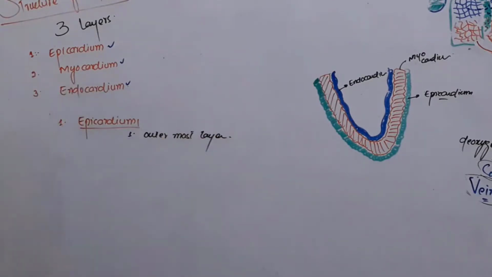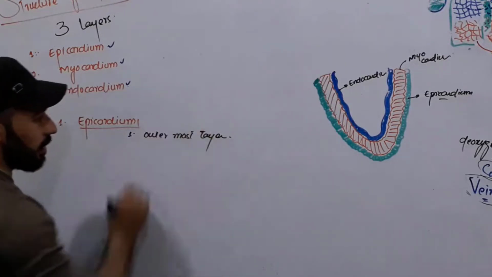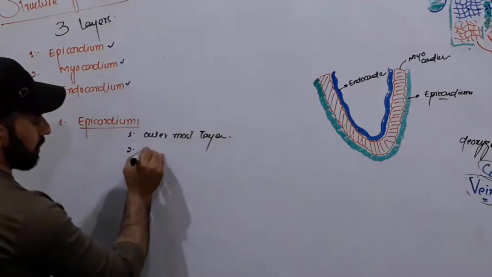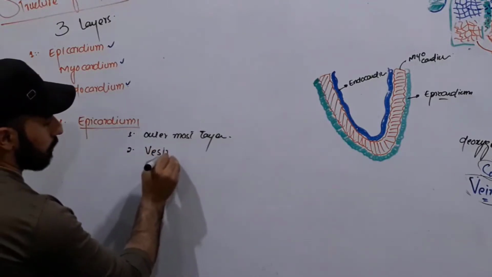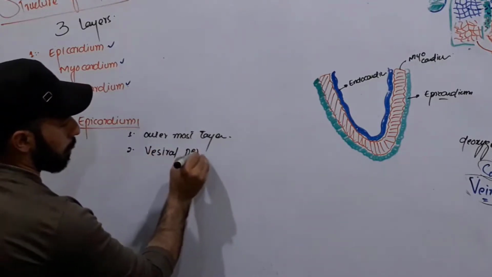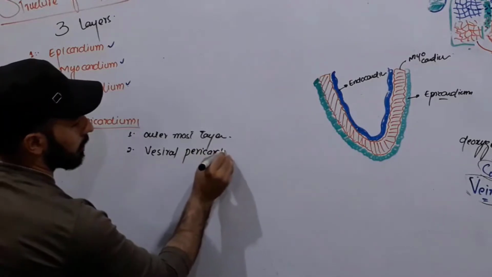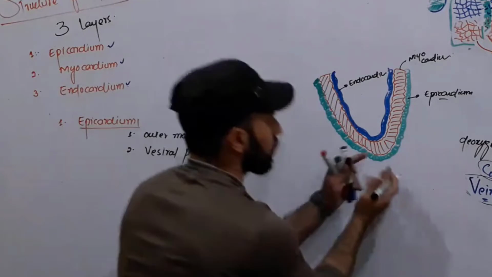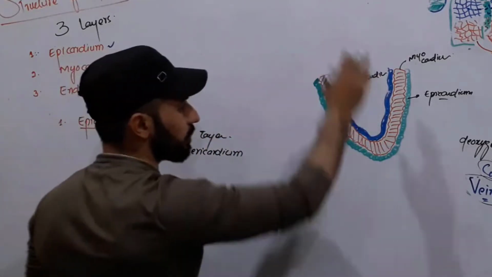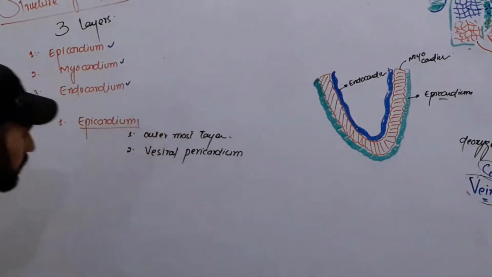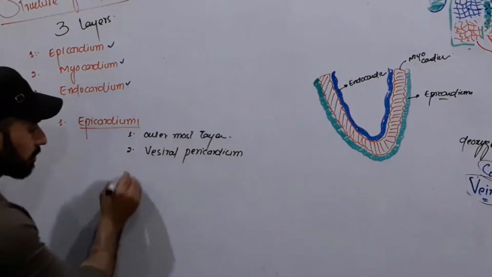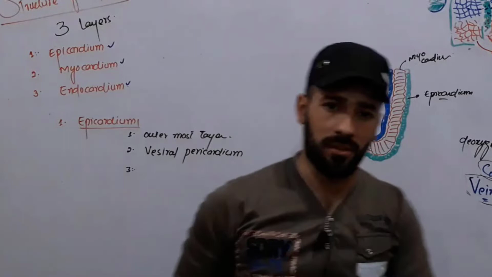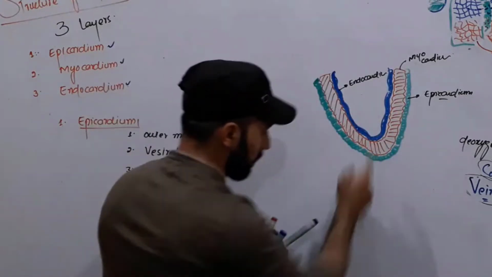I will tell you about its composition. It is the outermost layer. It is also called visceral pericardium, because it is around the viscera, around the organ. That's why we call it visceral pericardium. Then what is its composition? This outer layer is composed of,